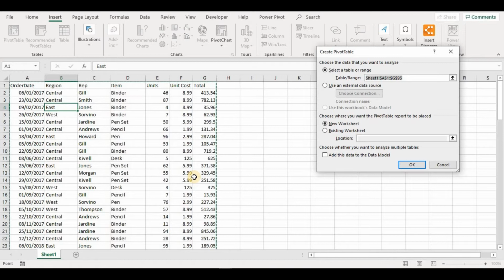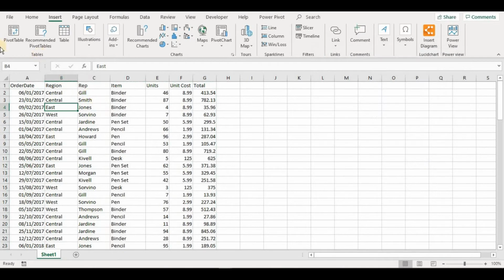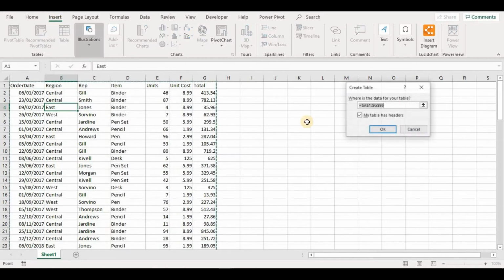So in that case, whenever we create this pivot table, any new data updates will not update the pivot table. So for that, what we can do is cancel this. Instead of creating a pivot table with the direct data, we will transform this data into a table. How do we do that? Same in insert, we can see the table. The shortcut is Ctrl T, and it is asking where is the data for your table, and it is giving the range. My table has headers. Yes, my table has headers. So I will click OK.